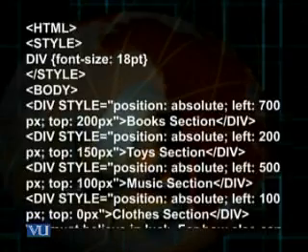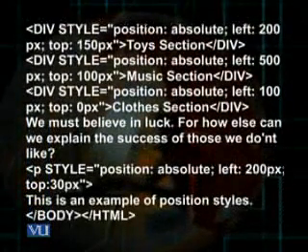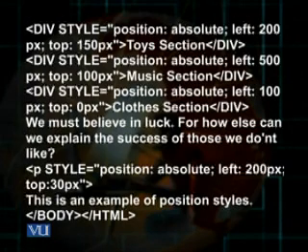As you have noticed, the words clothes section would start at the top of the browser screen because the value of top is 0 pixels and the value of left is 100 pixels. So from the left edge of the browser window, the words clothes section would be displayed 100 pixels away.